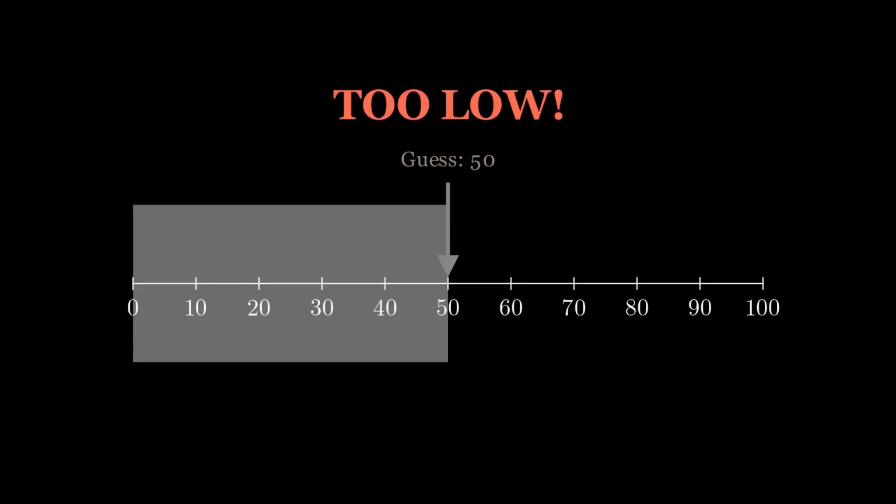Imagine I'm thinking of a number between 1 and 100. You have to guess it. If you guess 50, and I say, too low, what do you do? You instinctively ignore everything below 50. You just eliminated half the possibilities in a single second. This isn't just a game, it is the fundamental logic behind one of the most efficient algorithms in computer science,